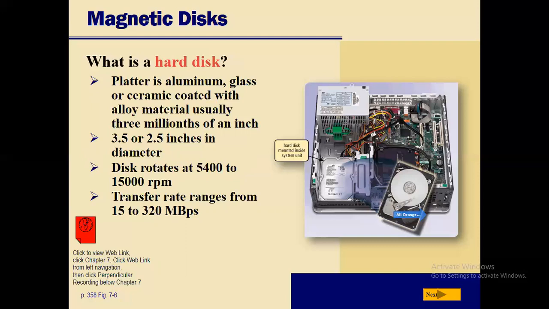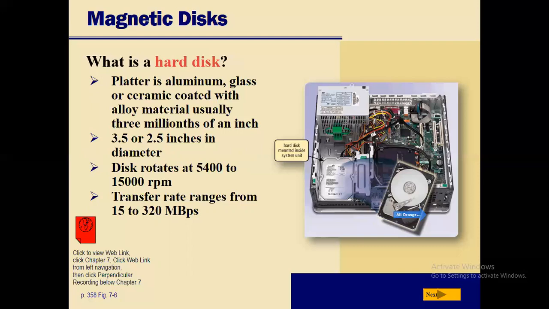The platters are paired with magnetic heads, usually arranged on a moving actuator arm, which we can call the access arm or read-write head. These read and write heads read and write the data to the platter surfaces. The stack of platters rotates at constant speed. The drive head, while positioned close to the center of the disk, reads from a surface that is passing by more slowly than the surface at the outer edge of the disk.